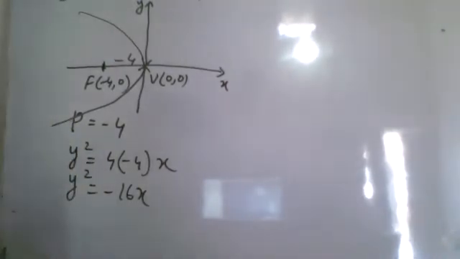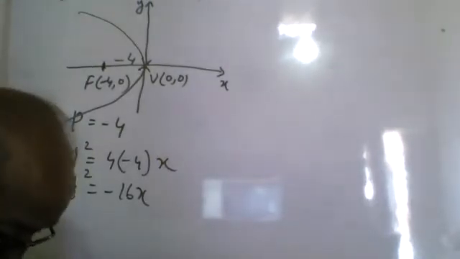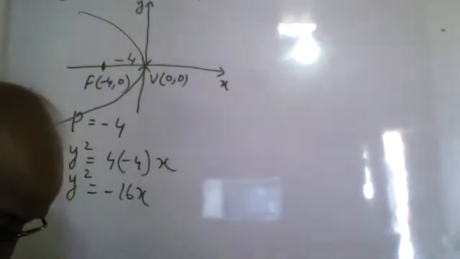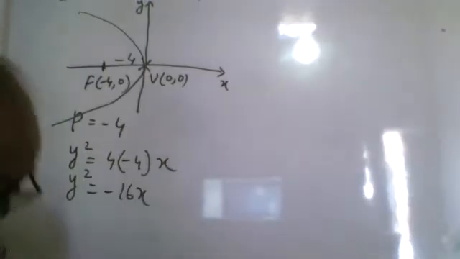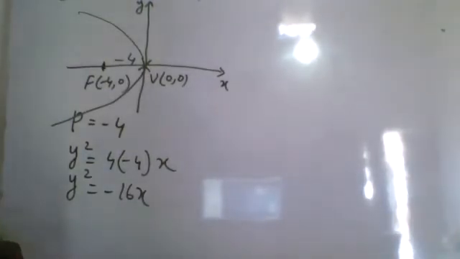Now question number 8. Now it is a bit different question. Vertex at the origin, directrix y equal to 2. Focus is not given. Now the directrix is given. Directrix is a line, so therefore the equation will be given. Focus is a point, therefore the coordinates will be given. On the points we will get the coordinates. On the line we will get the equation. And on the line segment we will get the length.